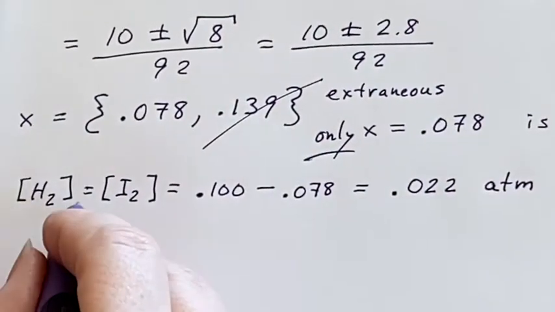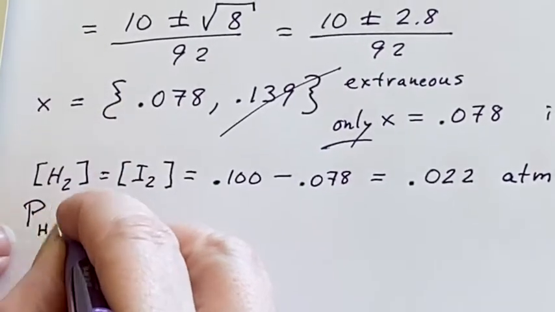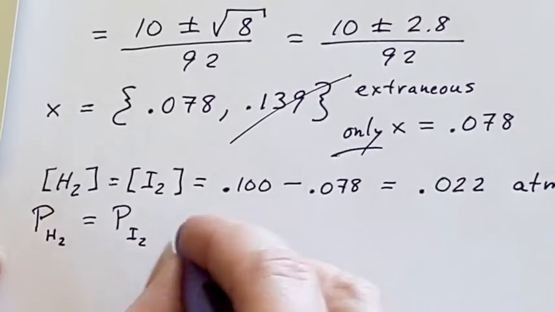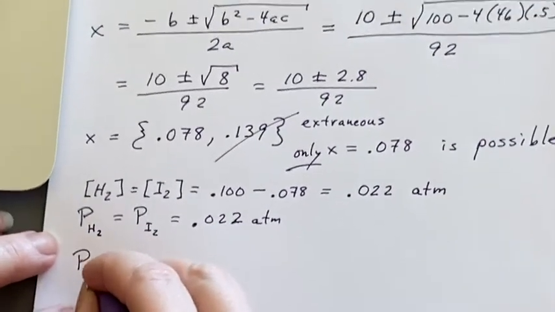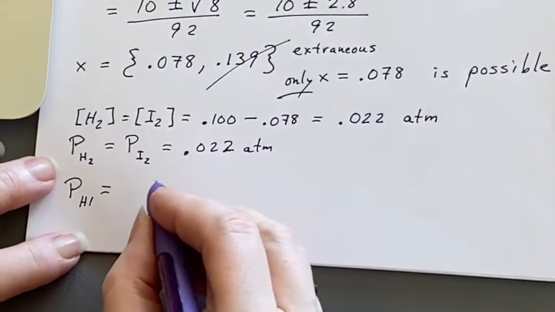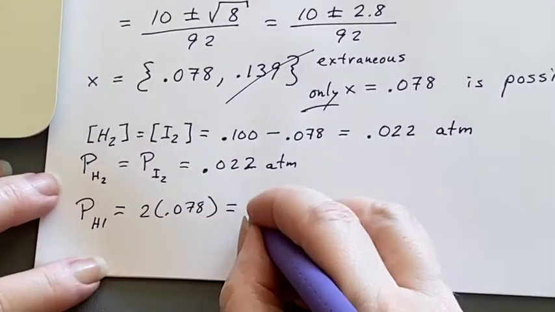Oh, see, I shouldn't have written concentration. This should really be pressure of hydrogen and pressure of the iodine as gases. And the pressure of the hydrogen iodide at equilibrium should be 2 times x. So that would be 2 times the 0.078,